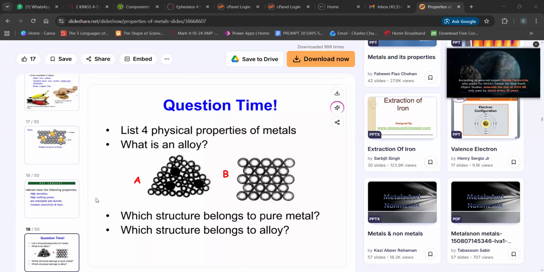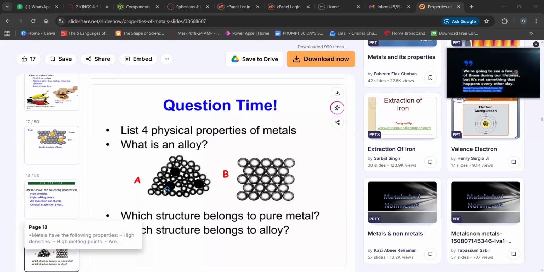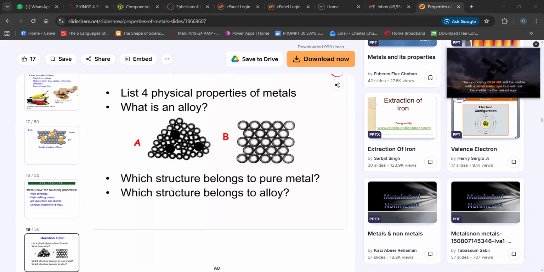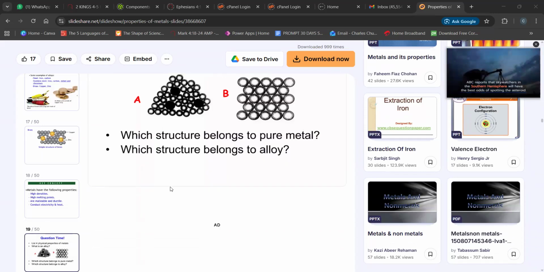Remember, an alloy is a combination. Oh, my bad, because I see the big atoms and the small ones. Yes. So those big atoms show that there's a different element involved. So always remember an alloy is a mixture of what? A metal and either a non-metal, or a metal and another metal. Okay. So we can move on now.